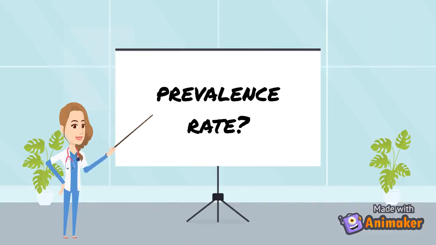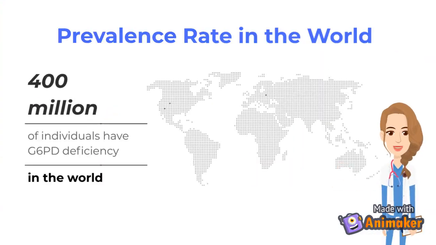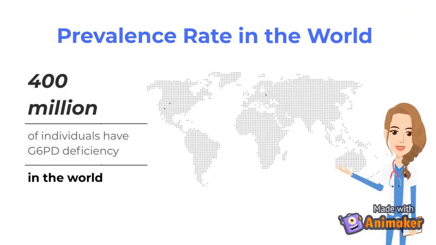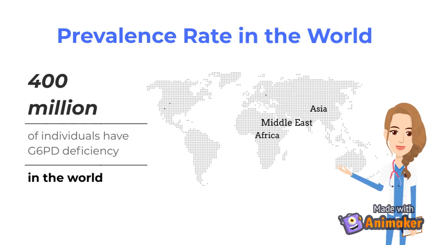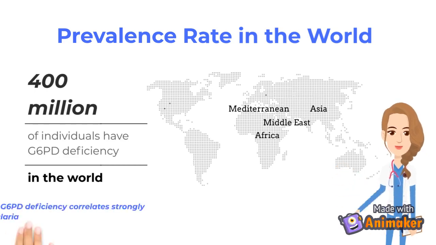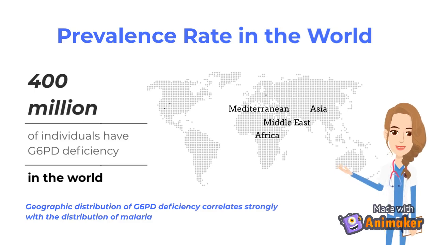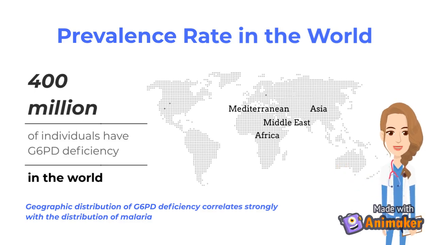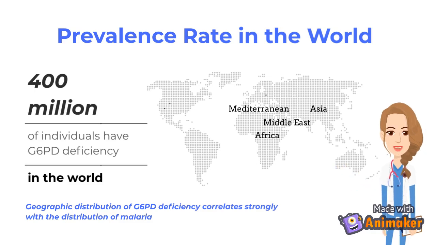What is the prevalence rate of G6PD deficiency? In the world today, it is estimated that 400 million people have G6PD deficiency with a high incidence rate, particularly in Africa, Asia, Middle East, and Mediterranean. Not only that, it is found that the geographic distribution of G6PD deficiency correlates strongly with the distribution of malaria. Several studies have indicated that G6PD deficiency can highly reduce the risk of one from having malaria infection, especially against